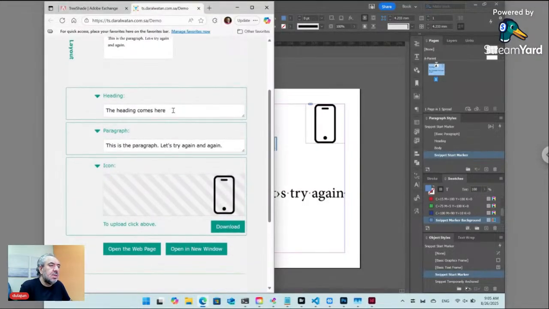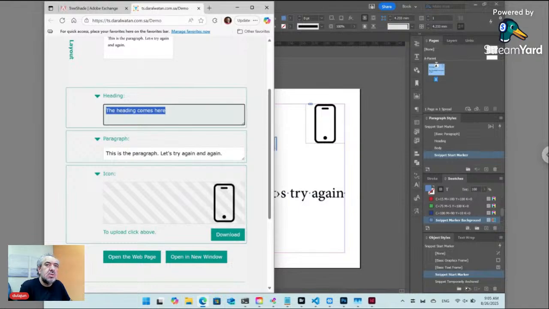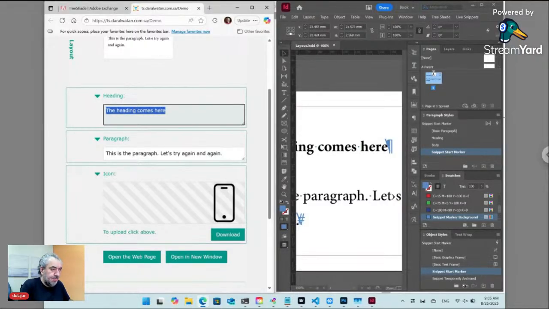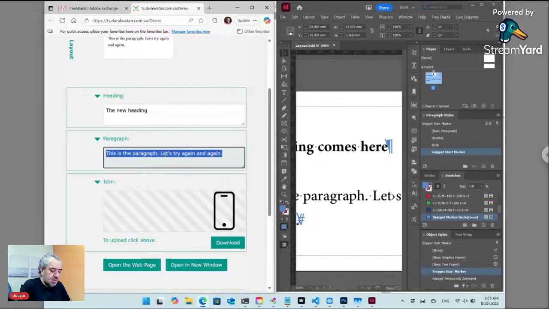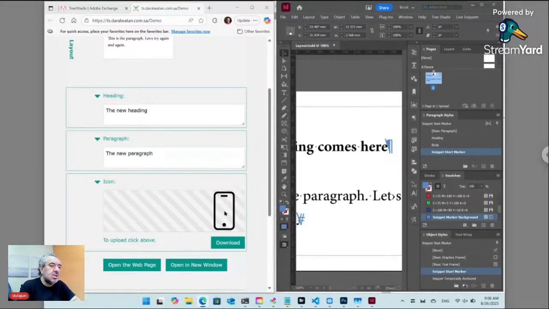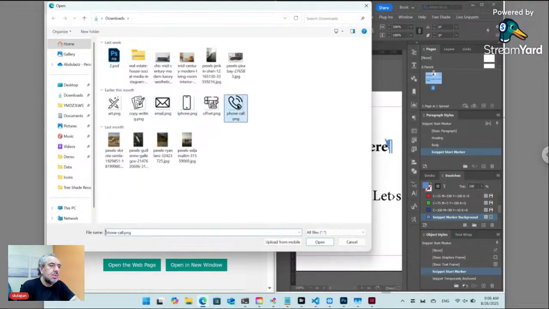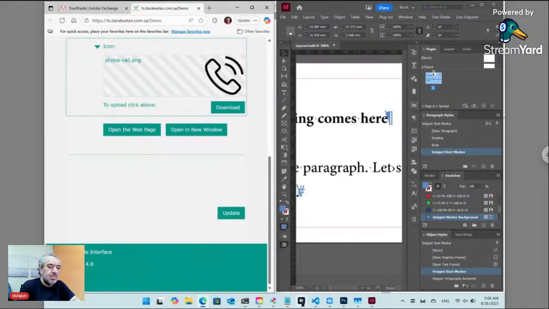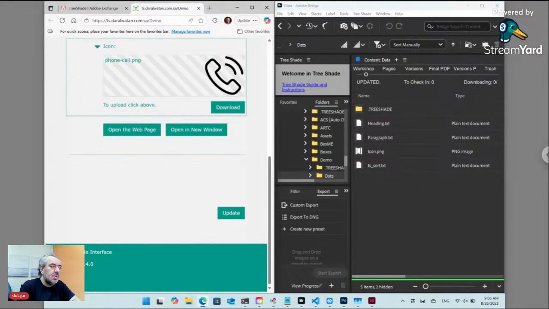Now let's modify the heading to see what will go on. The heading, let's write the new heading. The new heading, and here the new paragraph. Okay, let's change the icon to phone. Now if we click update,